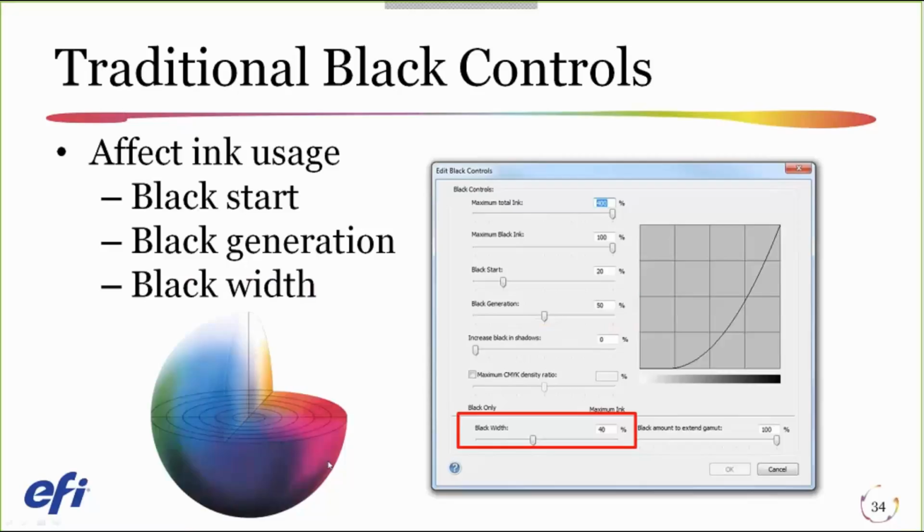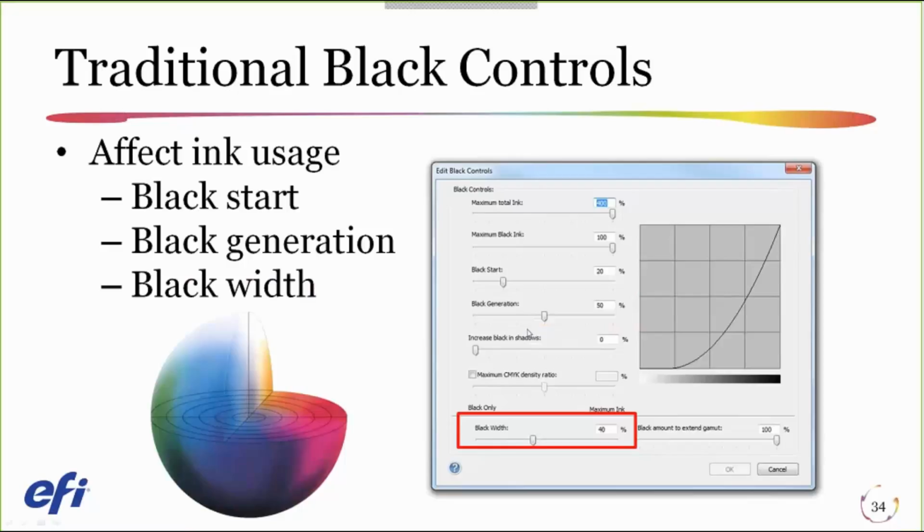If you move it all the way to the right, it will be every color of the rainbow. Don't care what color it is. If there's some black generation that can be taken care of, do that. And then it applies however much black generation you select. So those two go hand in hand, and those are the main ink savings features or options for building an